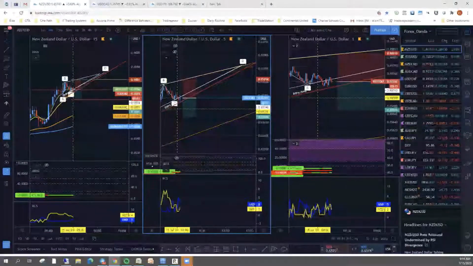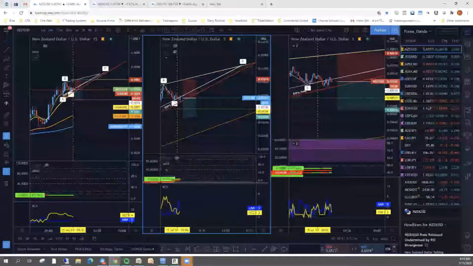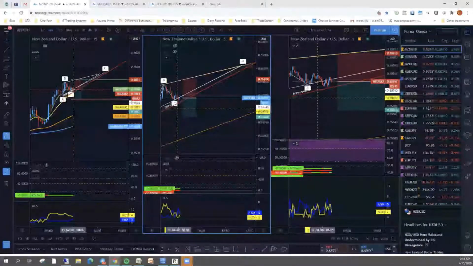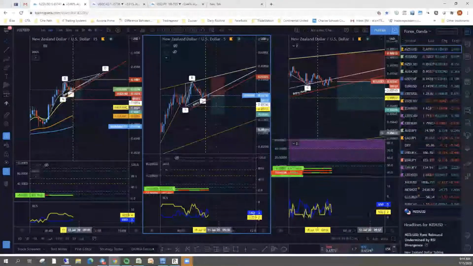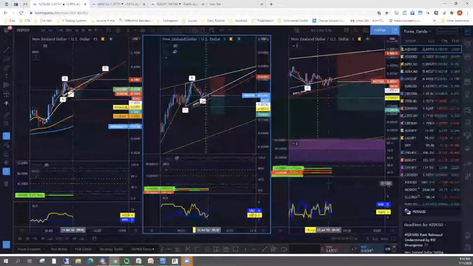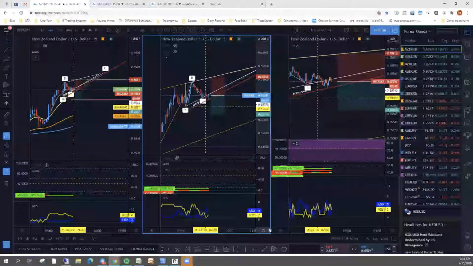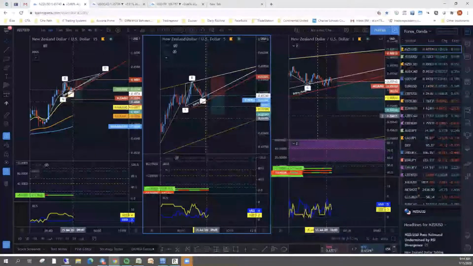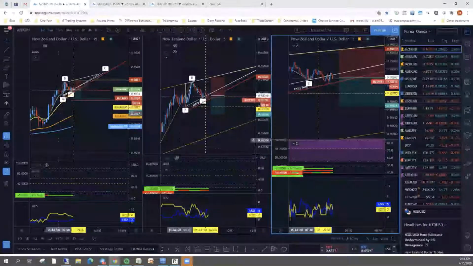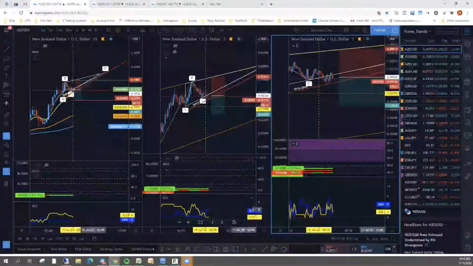We need the pip tags for it to be a valid entry in the vast majority of cases, so I'm not taking those trades on. I'm not doing the analysis on my phone, but I'm taking them on my phone, if you know what I mean. Now you do see that the dollar is stronger on the 1 and the 5,